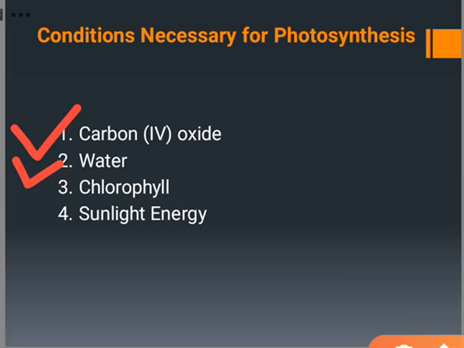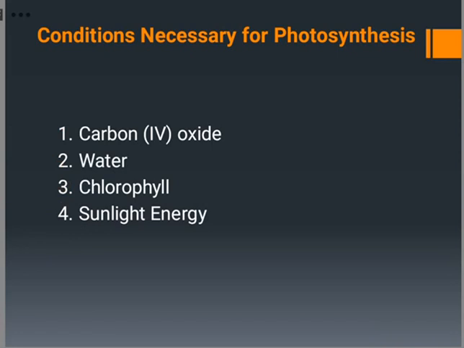When these two conditions are available in the leaves, then the leaf itself has the third condition, which is the chlorophyll. And the fourth is the sunlight energy, which is the solar energy radiating from the sun. These 4 conditions are necessary for